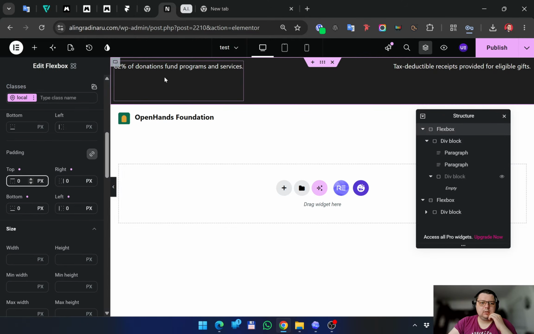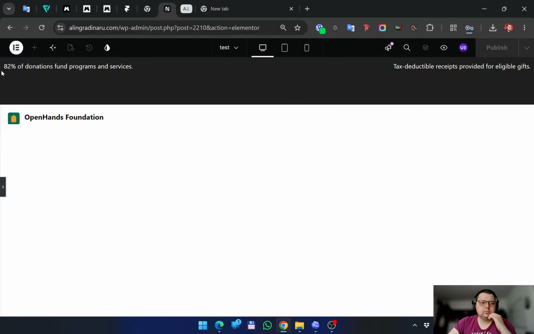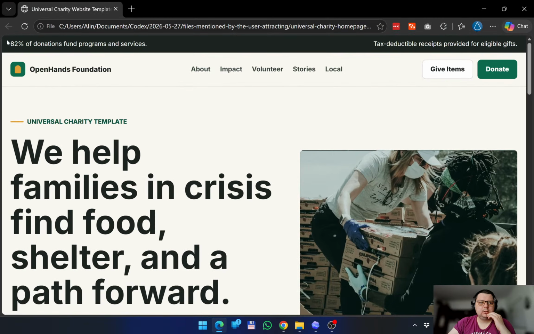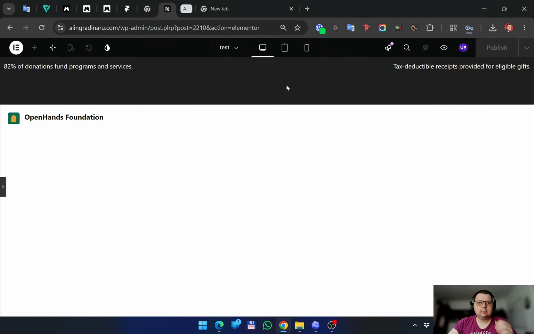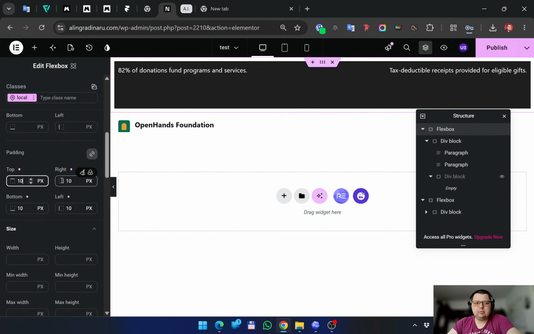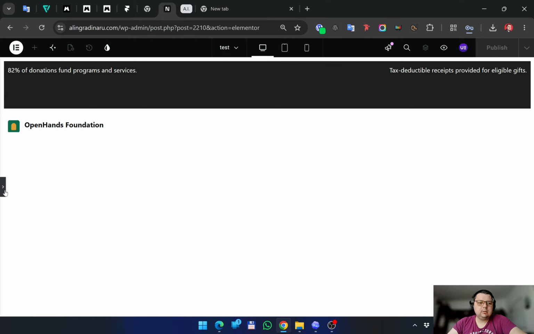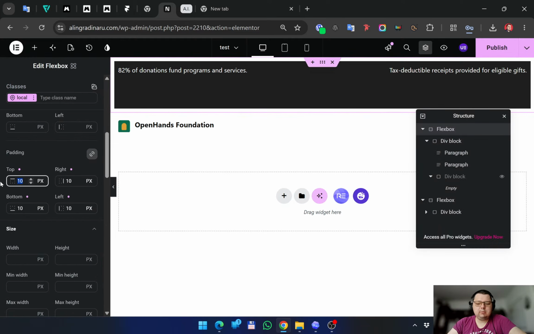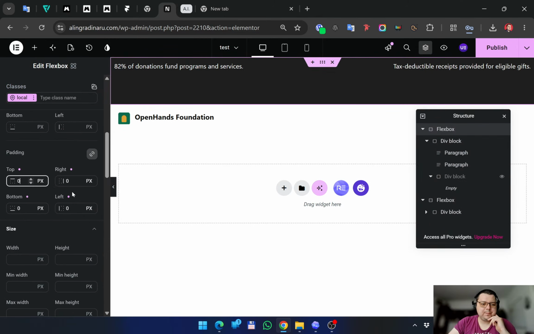Oh, it goes to the edge like it is right here without padding. Control Z right now. With padding, if I put padding, it has a white border around, and is not what I want. So basically I want to be 0 padding,